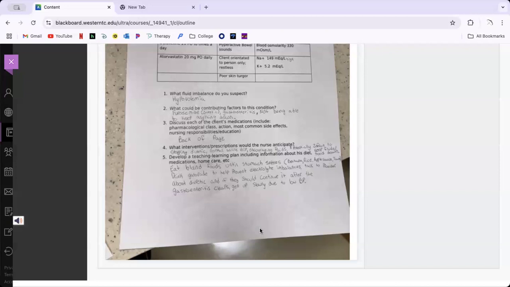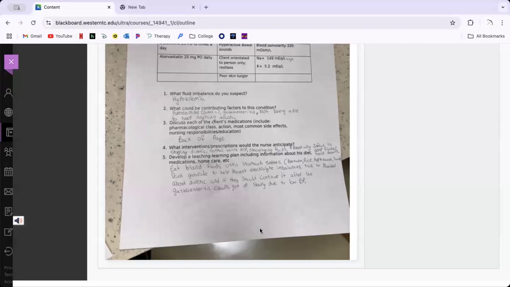Do you think these are falsely elevated due to being fluid underloaded? Yeah. But we still want to monitor those, right? We need to give her some fluids and then monitor those again. What happens if our potassium gets too high or too low? Cardiac, right? Think about the heart, okay? So you said monitoring the heart, right? Putting on our cardiac monitor, right? Just to make sure she's doing okay. Good. All right, so we want to give some IV fluids. What's the last one? Teaching plan.